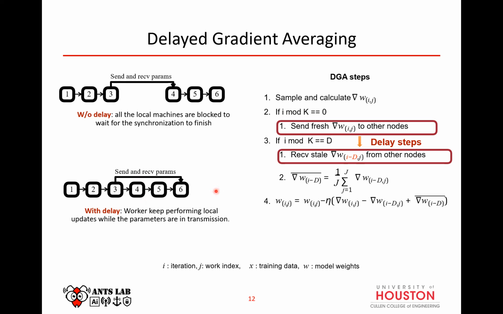The main steps are that, in a similar way to federated learning, you calculate the gradients. And here you introduce an extra parameter called D, which is a delay step. If you're just starting your training, at iteration 1, then you send the fresh gradients to the other nodes. For further iterations, if you have the delay steps introduced, then you continue the training, and eventually, maybe at step 6, you receive the stale gradients from all the other devices, using which you perform the aggregation, and then continue with the training. I'll explain a little more detail about how this stale gradient exactly works and how this update step works in the following slides.